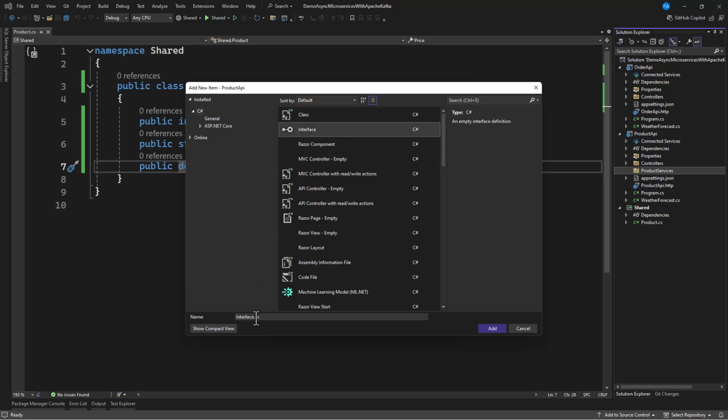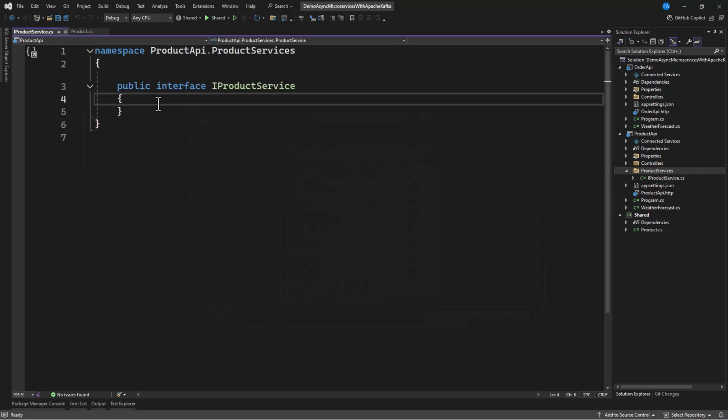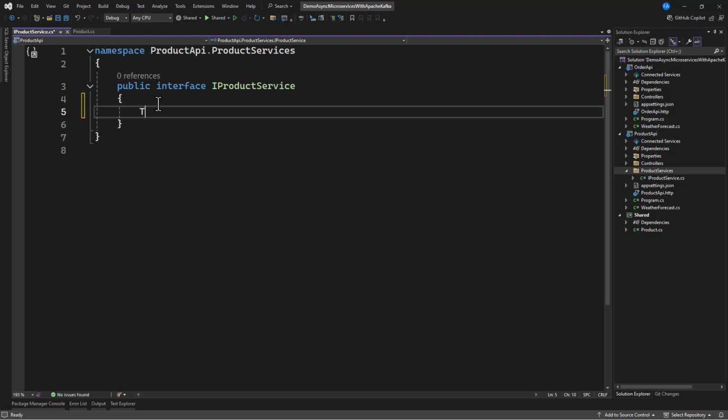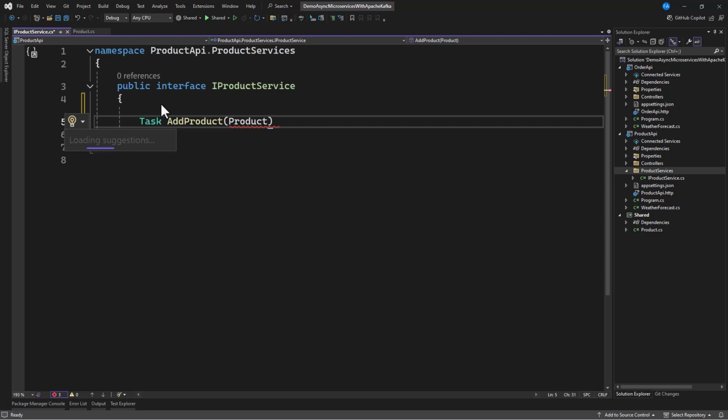Okay, so that's the interface, and in here I'm going to say there's an IProductService. In this, let's have only two methods. The first method is a Task, and that is an AddProduct. Now with this product, we want to pass in the product that we created, but we have to add the